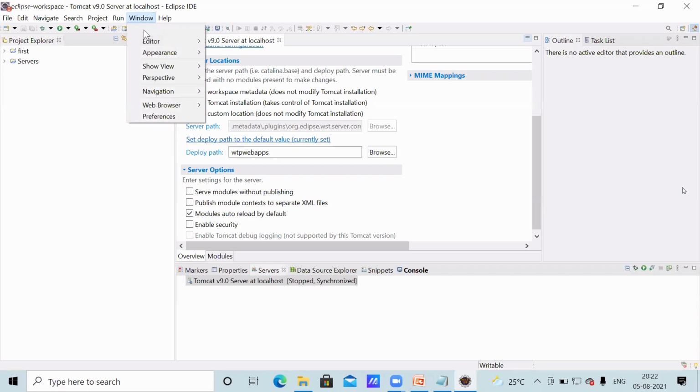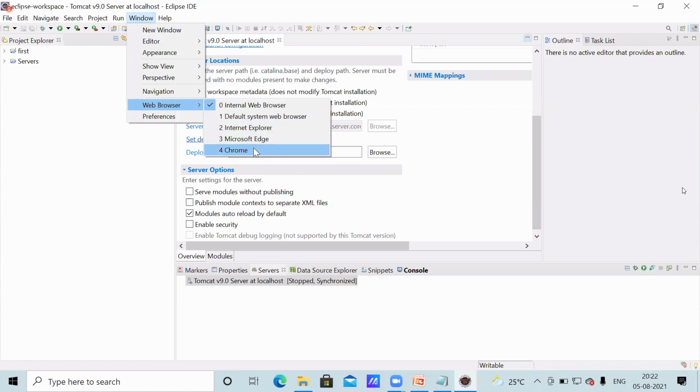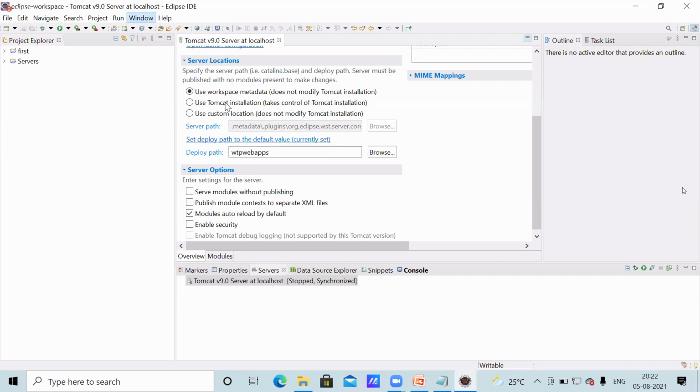So here: window web browser, internal web browser, default system web browser, Internet Explorer, Microsoft Edge, Chrome. Like this, if you click one, the browser is displayed here only. This one, if you click, outside the browser. Whichever is default, that is used. If you want to assign Internet Explorer, this one. Edge browser if you want, this one. Chrome browser if you want, this one. Firefox, if it is installed, that will also be displayed. Tomcat also, if you want outside, like this. Like this, everything, so many options are there. Whichever you want, that is available in